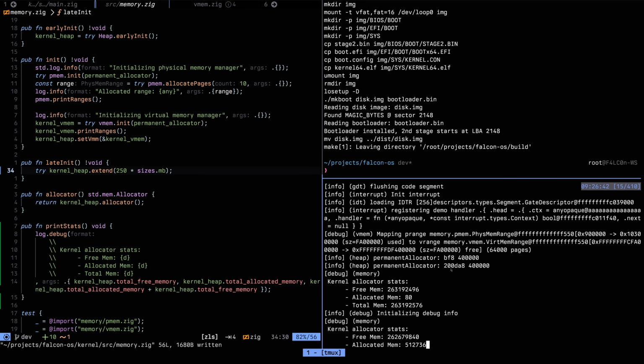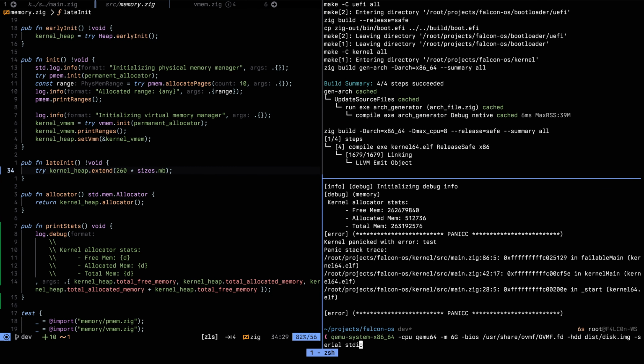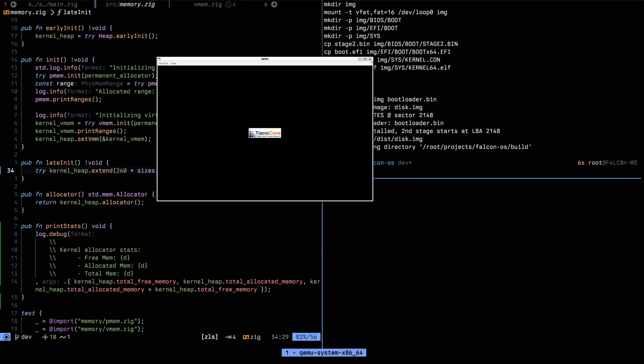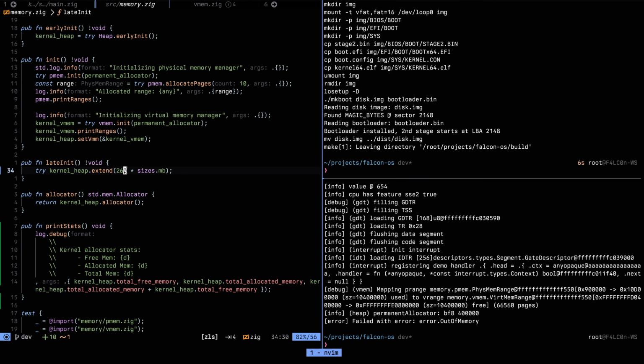Let's see how big. No, I think 250 is okay. Might go to something like 260. Okay, no. So it's between 250 and 260 that we hit our limit, which is not great because we